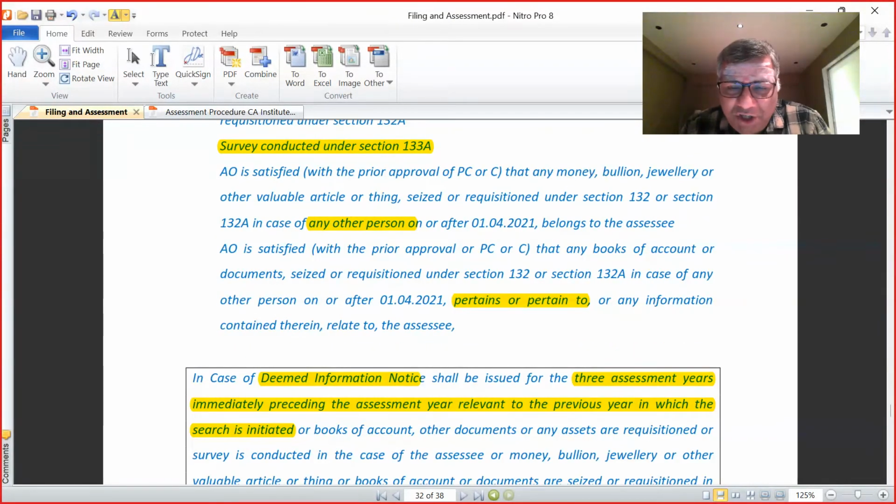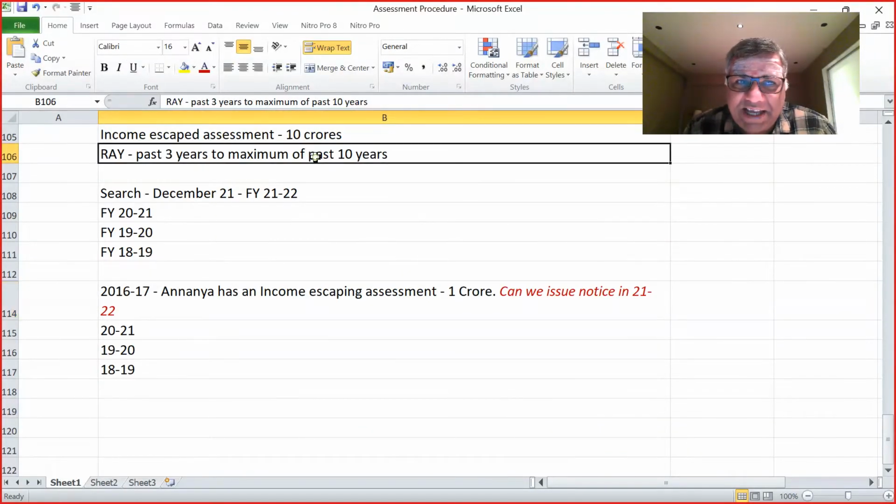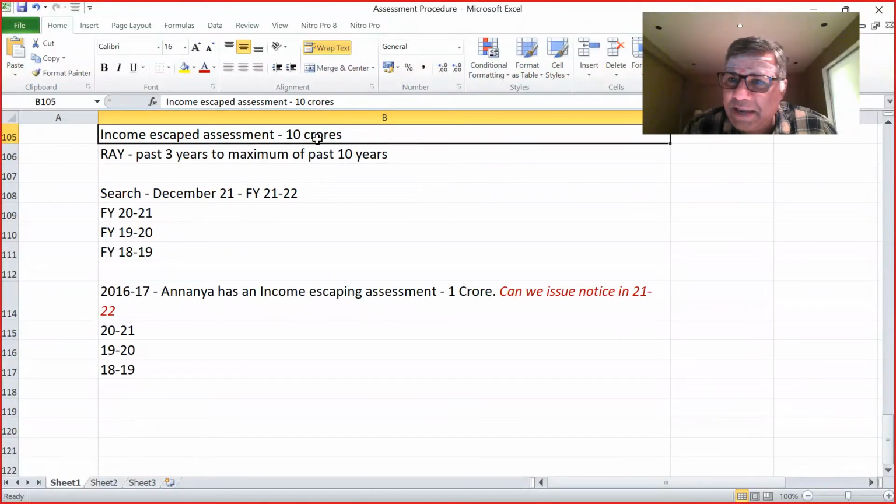So in the majority of search cases, what will they do? Income escaped assessment is 10 crores, and 10 crores can be over a period of 10 years. So they will open it up for 10 years. Sometimes they will say only these 3 years, since 3-4 years back he was not a big one. So beyond the 3 years they might not open up to 10 years, but they can go